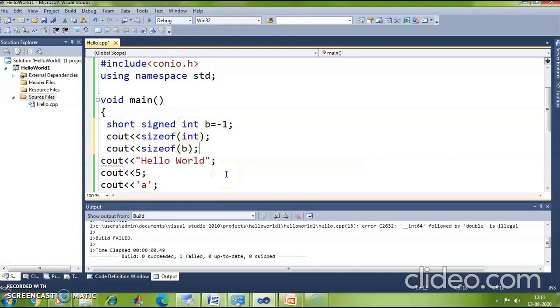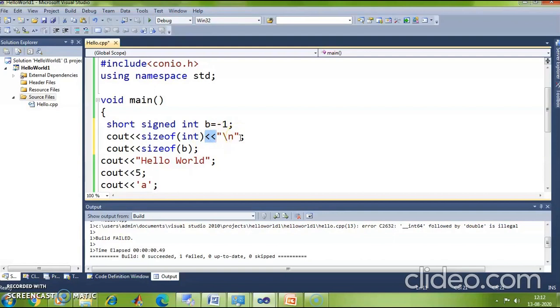Okay, fine. Now before I could print the size of b, I want to print a \n here. So if I want to print \n, I will use an insertion operator, and then I can mention \n in double quotes. So whatever I want to print on the screen has to be preceded with the insertion operator followed by what I need to print on the screen.